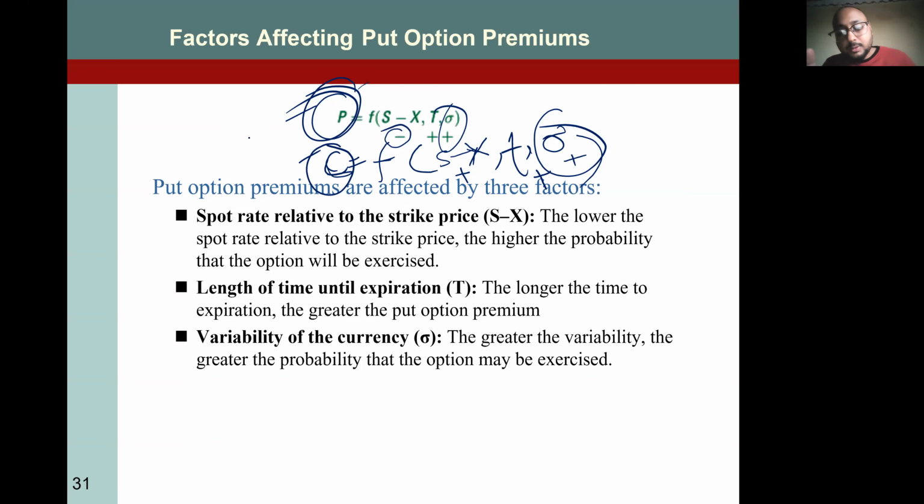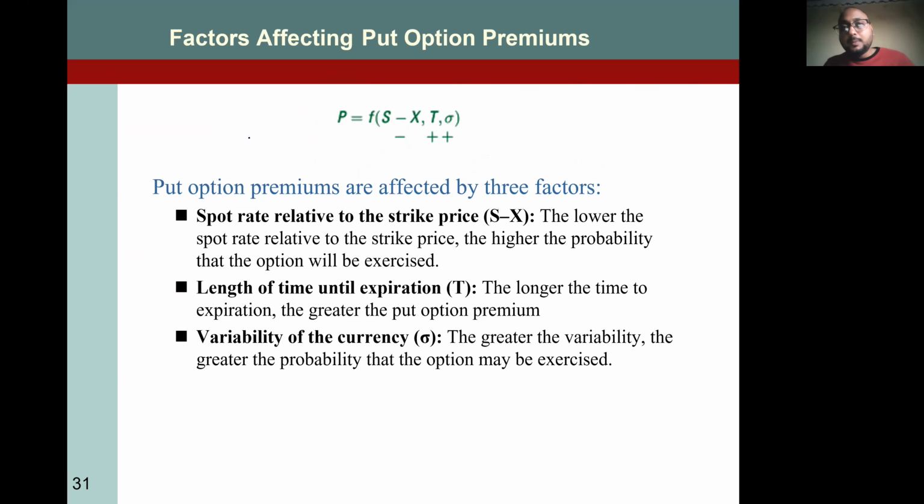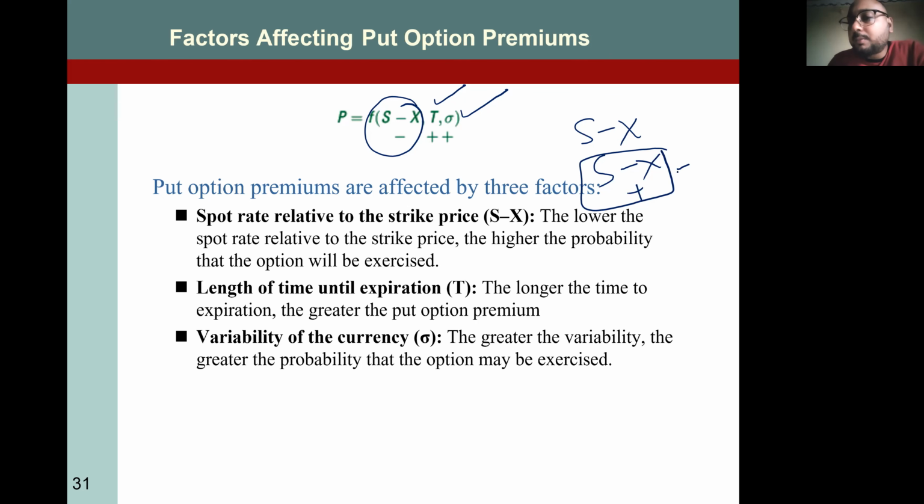So there is only one difference left. All are the same for both call and put option. Higher the volatility, higher the time period, both call and put premium will be higher. The difference is only the strike price minus X and X minus strike price. So this would be positively related in case of call, and this would be negatively correlated in case of put. Only one difference, that's it. All right.